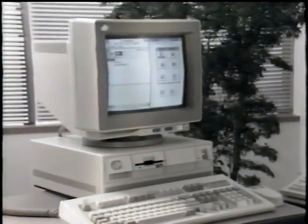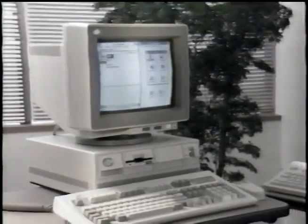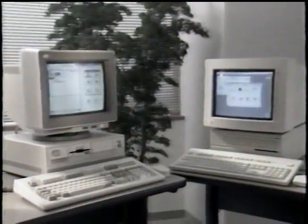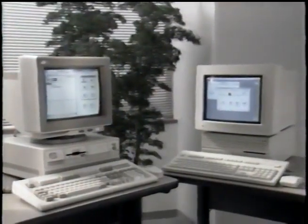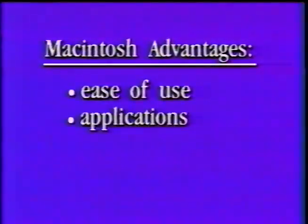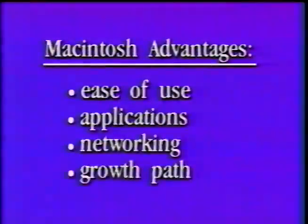Today, we'll compare Microsoft Windows running on an IBM PS/2 Model 70 with a Macintosh IIci to show you that Macintosh really is the best personal computer because it's the only personal computer with a unified architecture. And Apple is the only computer company that designs and builds all the fundamental parts of its system. As we'll see, that gives Macintosh big advantages in 4 key areas: ease of use, applications, networking, and future growth